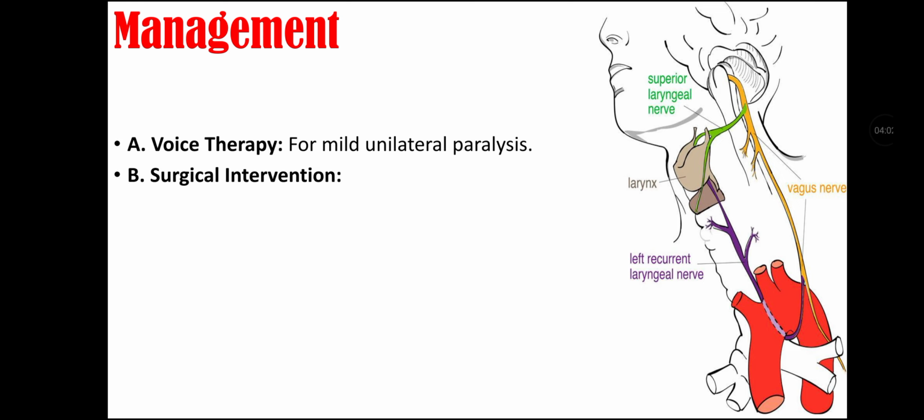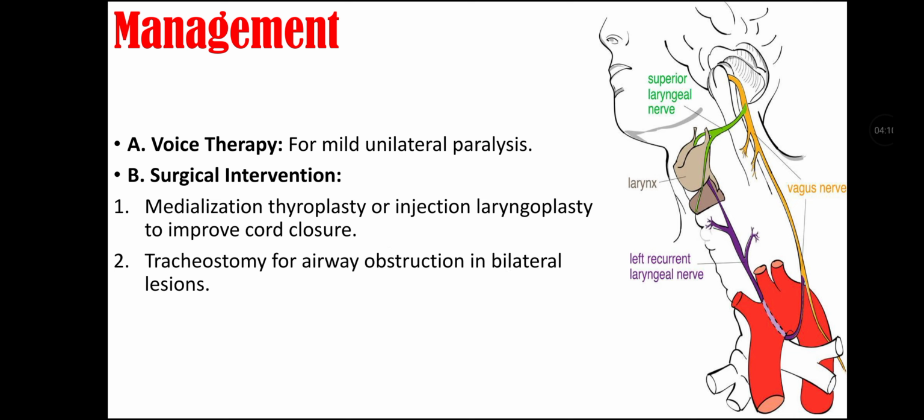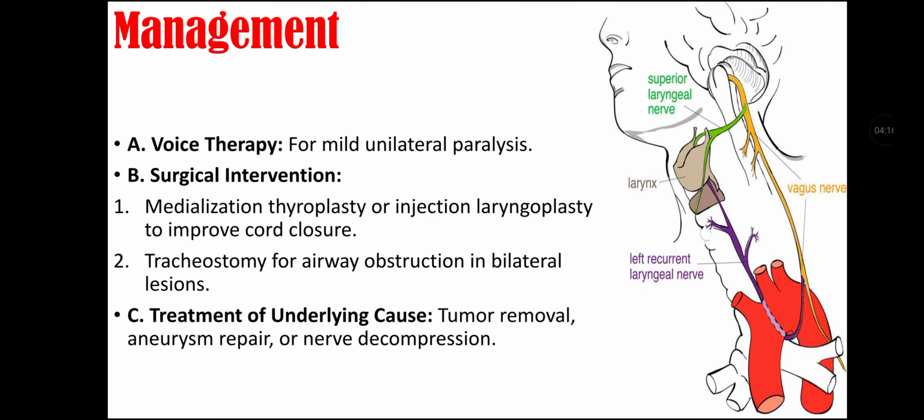Management of recurrent laryngeal nerve lesion. First we do is voice therapy, that is for mild unilateral paralysis. We can do surgical intervention, that is medialization, thyroplasty or injection laryngoplasty to improve cord closure. Tracheostomy for airway obstruction in bilateral lesion is done. And treatment of underlying cause, as tumor removal, aneurysm repair or nerve decompression, is the mainstay of the management of